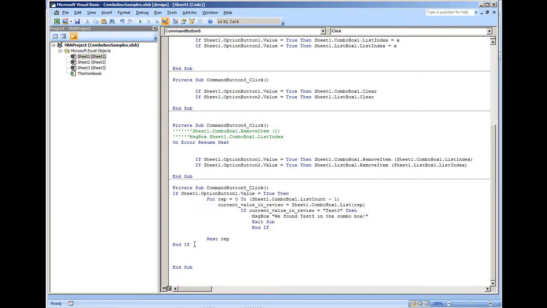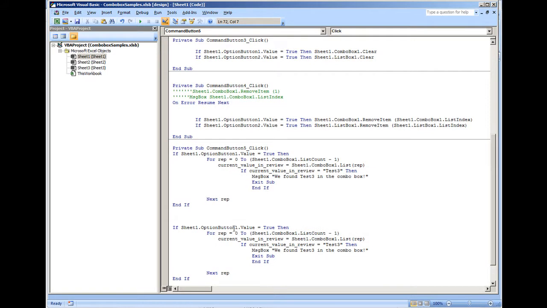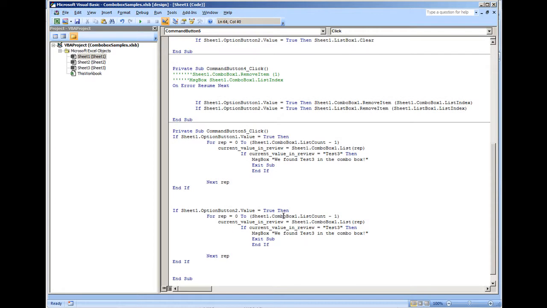Now for option button 2, you would just do another if statement, then the End If. What you would want to change though is ComboBox1 to ListBox1, and make sure you change every single one. So here we have the ListBox1.ListCount, Sheet1.ListBox1.List,